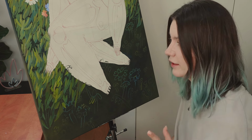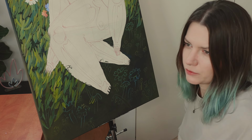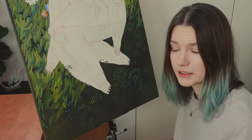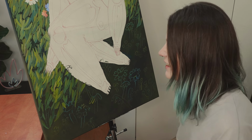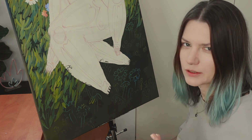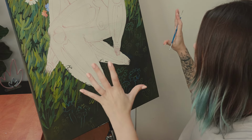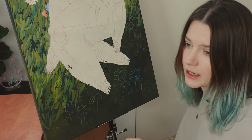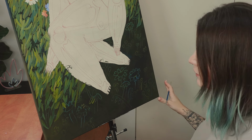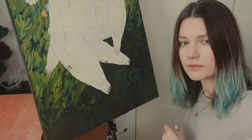I feel like this painting swallowed me up fully. I've been painting it for, I don't know, about 5 days. It is Friday. Yeah, 5 days. And I can't say that it is a fully pleasant process for me because it is a little bit stressful. I'm not used to working on such huge canvases, and I believe that from the perspective of gallery art, it is not a huge painting, but for me personally, it is a huge painting